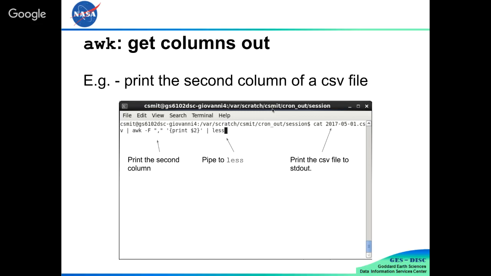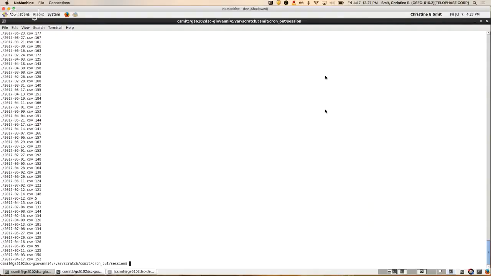So in here, let's use gratuitous usage of cat file. Awk -F, capital F, comma, and then this syntax here I always have to look up. 7.